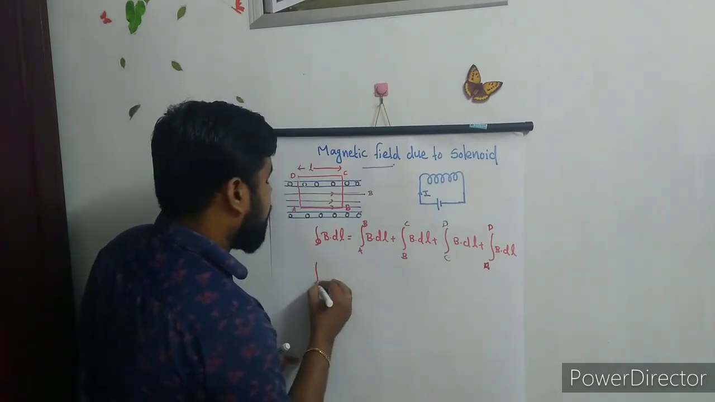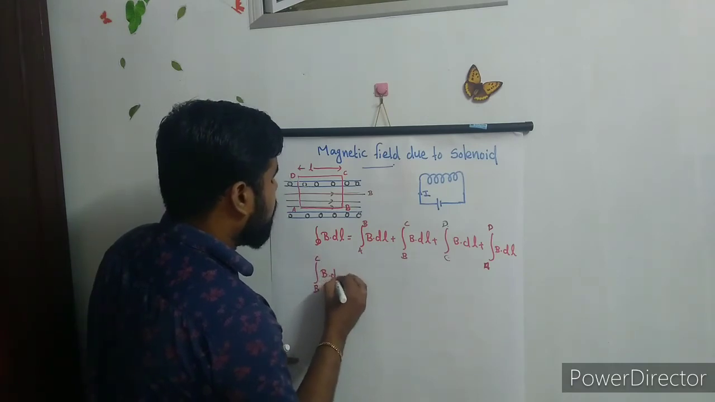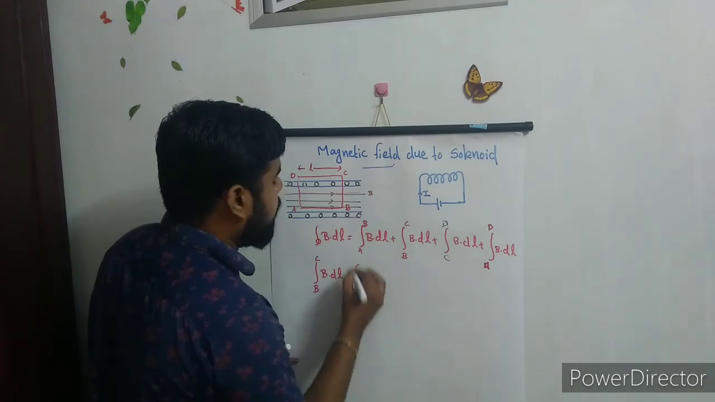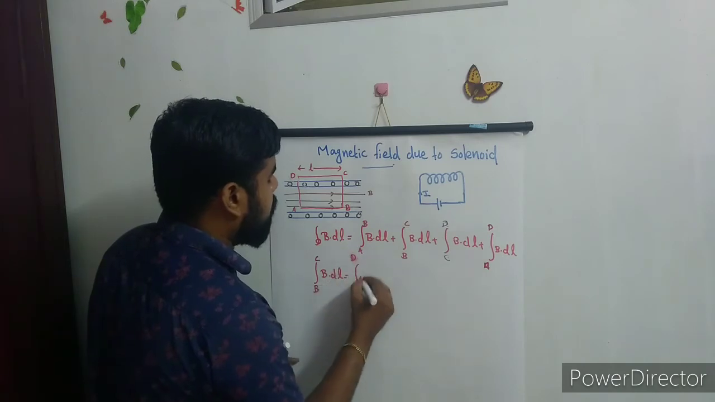Why? The magnetic field due to the elemental length BC and the elemental length AD is 0 because